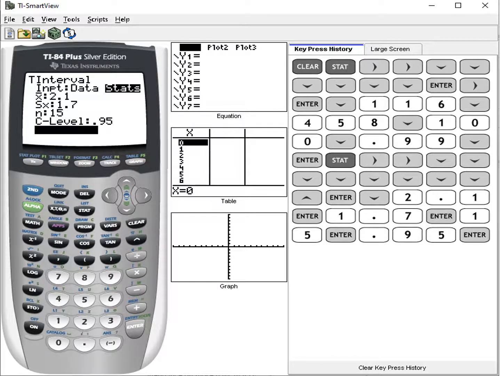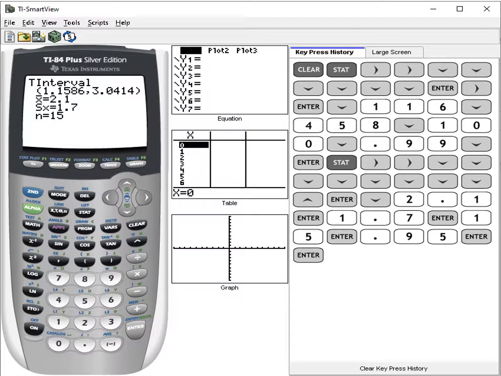Right, so that's just all the information I was provided. Sample mean of 2.1. It gives us the letter S. Look at that. Our calculator is so smart. Our calculator knows, hey, if you're using a t-interval, then you're using the sample standard deviation S instead of the population standard deviation sigma. Man, what a smart calculator. So we put the 1.7 in for that, sample size of 15. We throw in 95% for our confidence level. We hit enter,